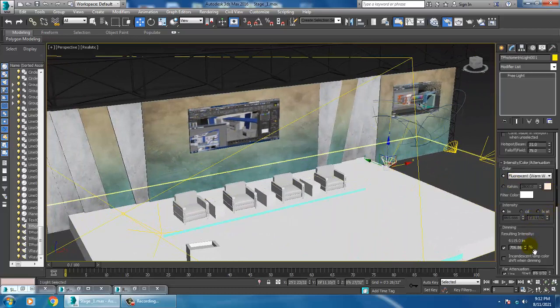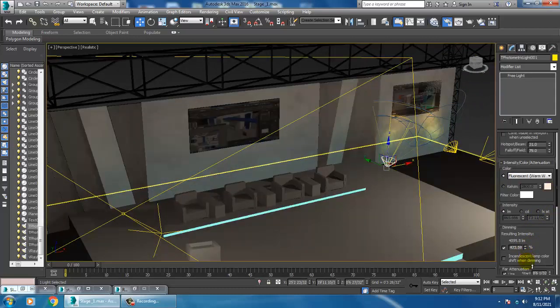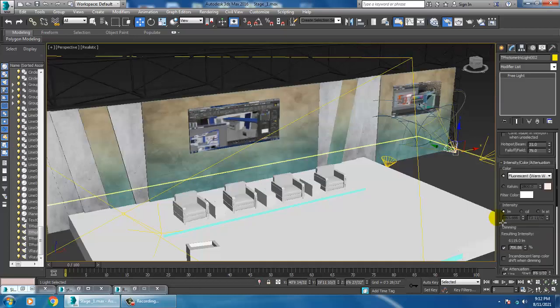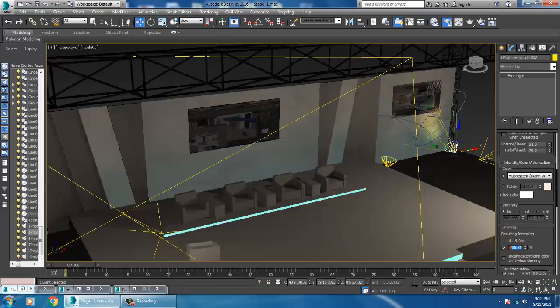So I can just go into this. I'll reduce the percentage, reduce the percentage.